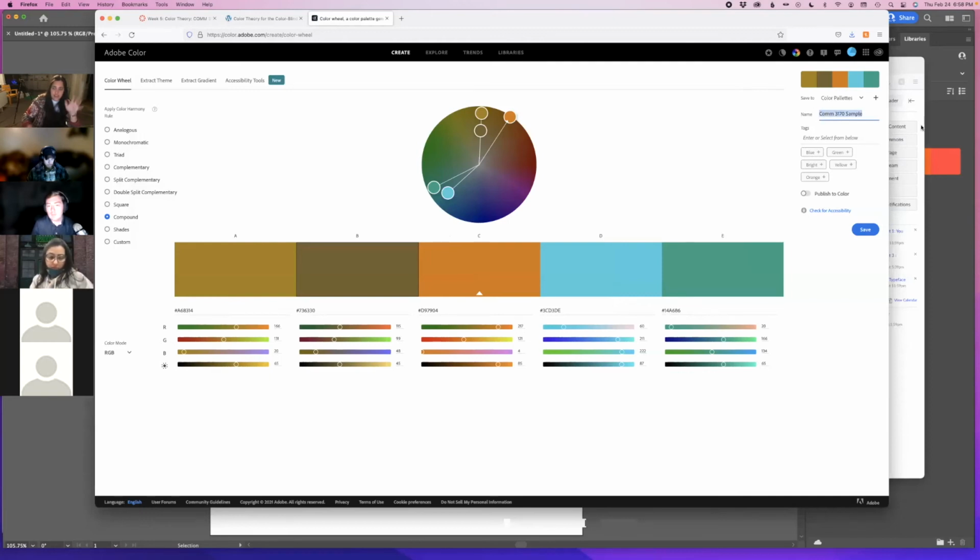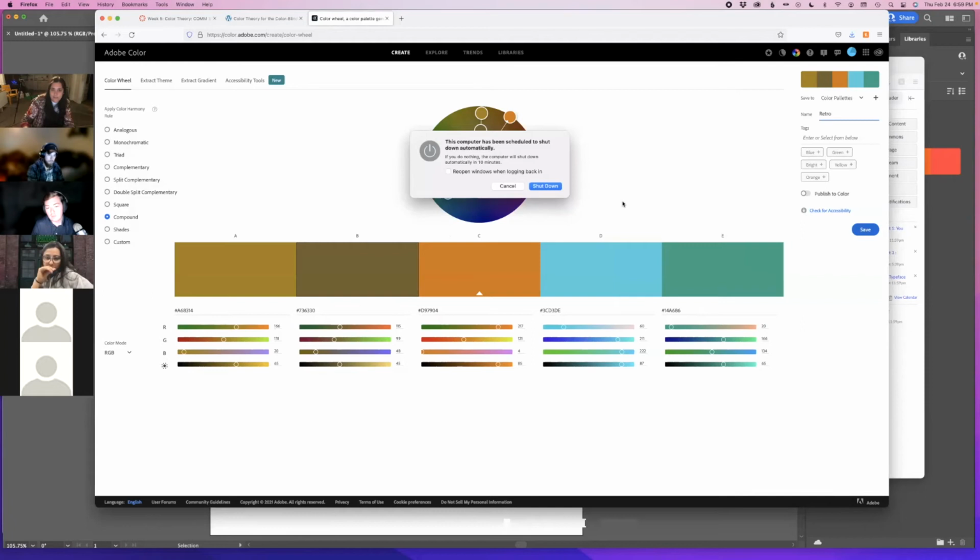So say this is the new color palette I like. I don't know, what would we call this one? It's kind of a retro, earthy color palette. I'll just name it retro. Kind of get 70s vibes from it. And if I click save,